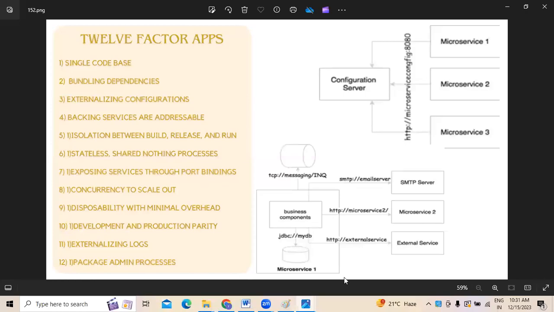Right. So, what we discussed in the previous session was the characteristics of microservices. Today, we are going to discuss the 12-factor rules, or apps, which are required for us whenever we are working on